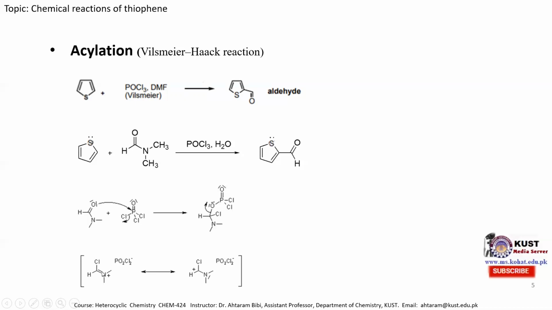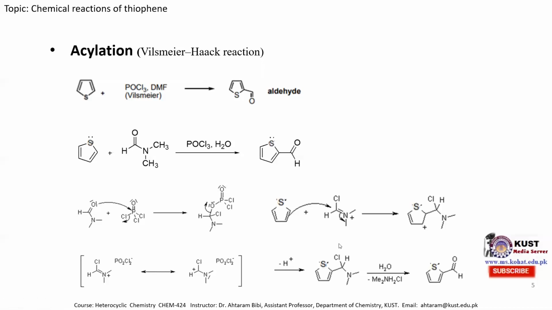When this pi electron shifts toward the nitrogen atom, the carbon carries a positive charge, and now it is a good electrophile. Now the sulfur lone pair of electrons of the thiophene molecule shifts toward here, this pi electron shifts toward here, and this pi electron attacks this carbon atom, producing various resonating forms of this intermediate species. And at the end, when a hydrogen is eliminated from here, we obtain this product, and from this product